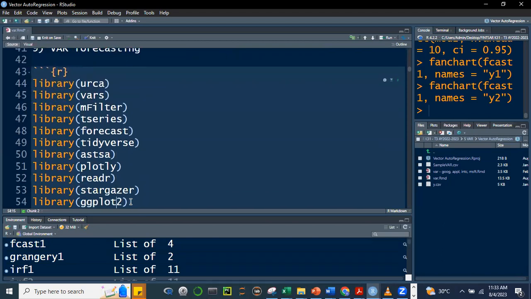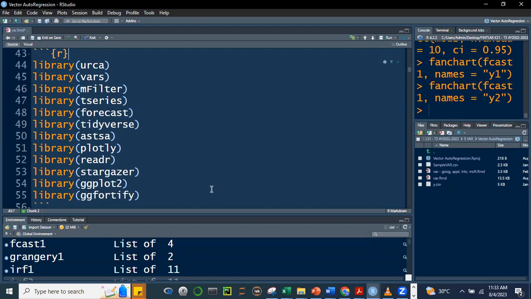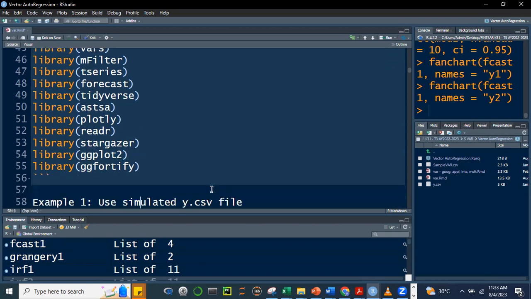Alright, so these are the packages that we're going to use. Please load the packages, class. If any doesn't run, it means you have to install it first. Some of these you already know, like urca, which we used in our earlier lessons. Vars, a very important package for VAR. tseries, forecast also. Tidyverse, we have met this. ATSA contains data that can be used in the case. Plotly, readr, stargazer, ggplot, and ggfortify. I'll give you 1 minute, class, to please load the packages. And once you're done, kindly